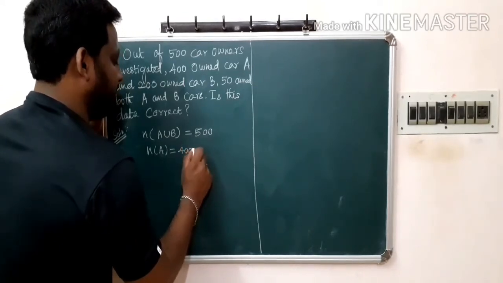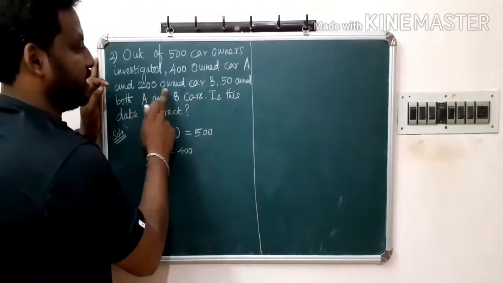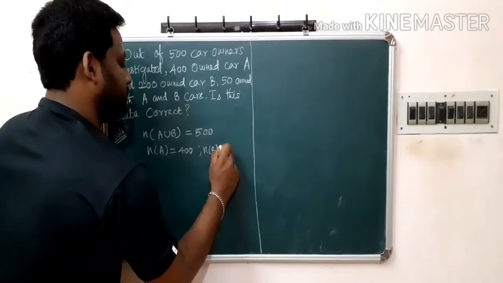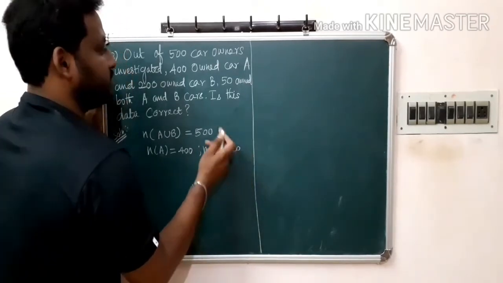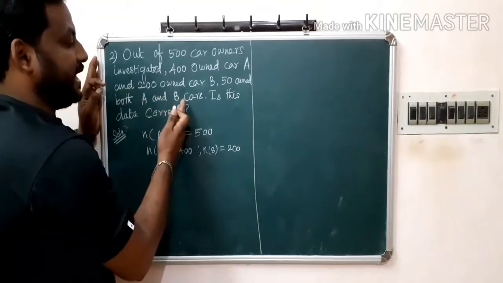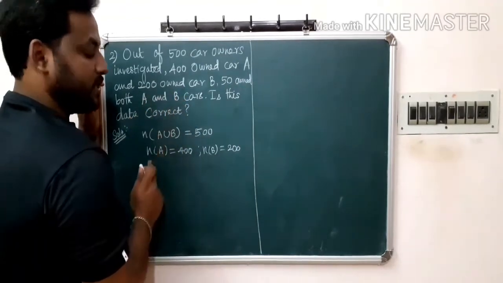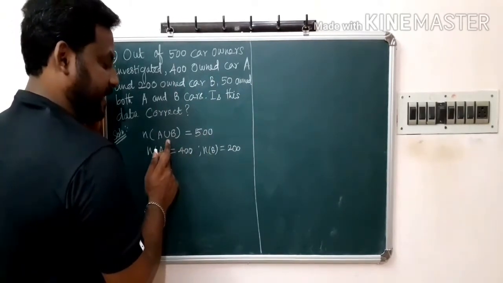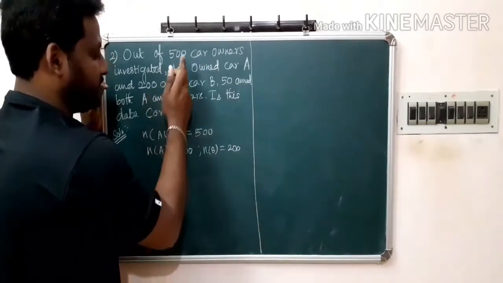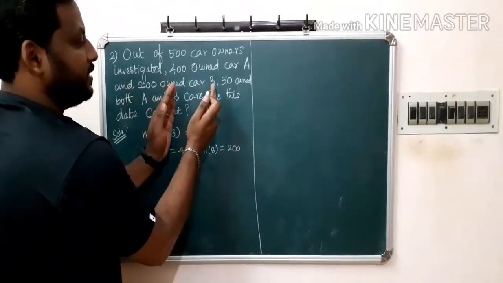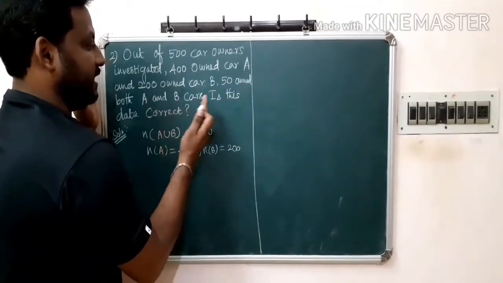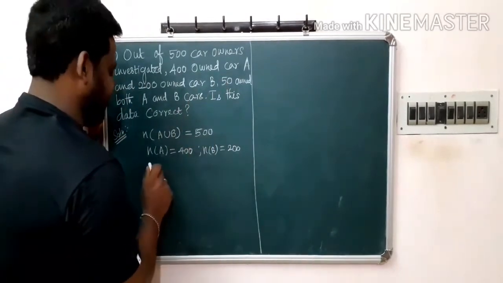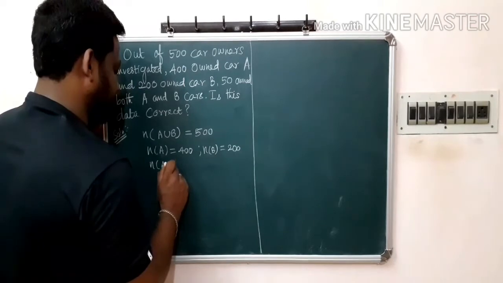It means 400 owners own car A, and then 200 owners own car B. That is n of B, 200. So 50 of them have both A and B. Both A and B means intersection. The total number of car owners is taken as union, and the intersection part should be taken as A and B. If the car owners own car A as well as car B, that should be taken as intersection. N of A intersection B is